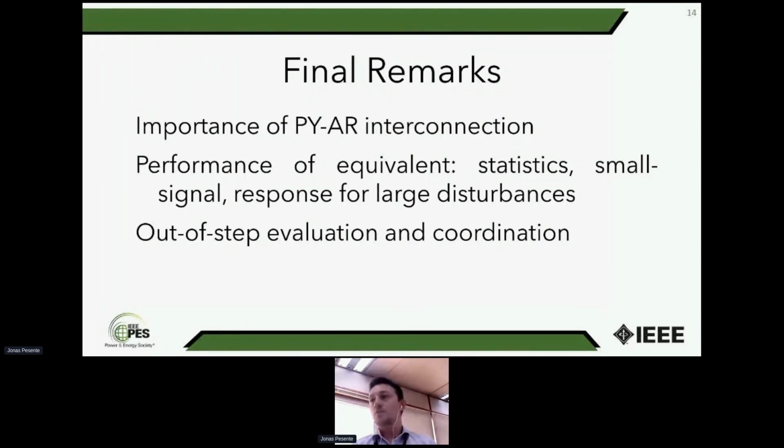This equivalent shows, in our perspective, a very good representation of the phenomena of interest and a significant reduction of the power system elements and computational burden also. The equivalent system was used to test protection functions in a hardware-in-the-loop fashion, helping to solve some issues and helping also to define the adjustment of these functions.